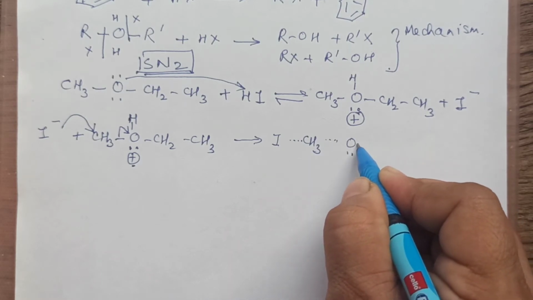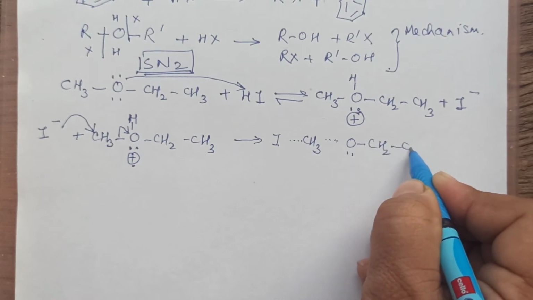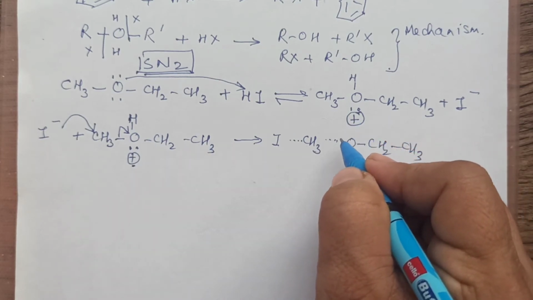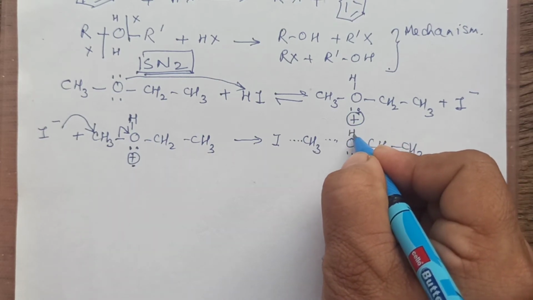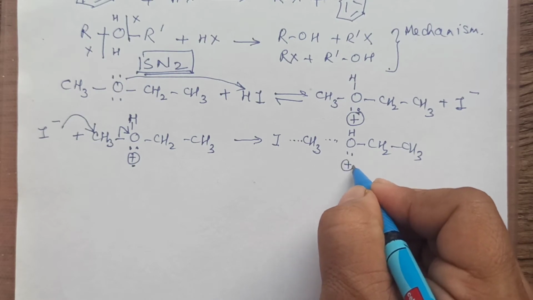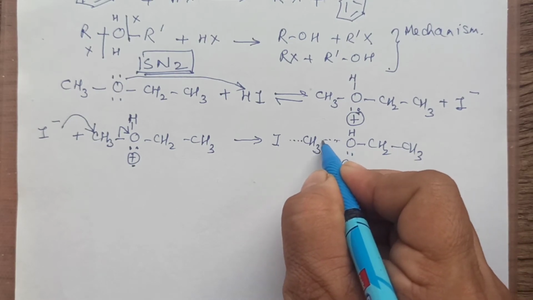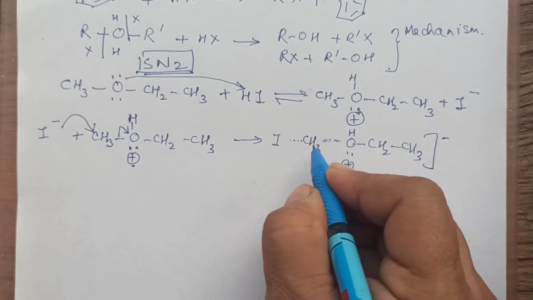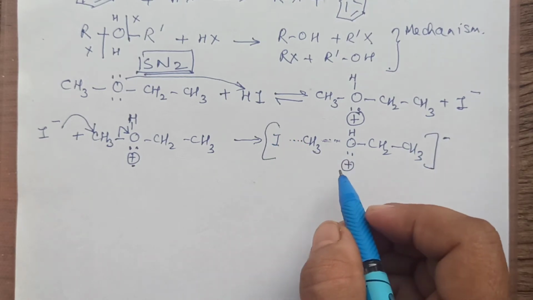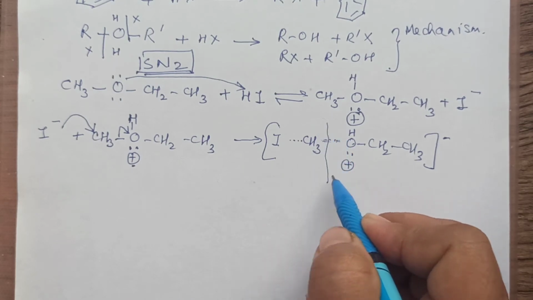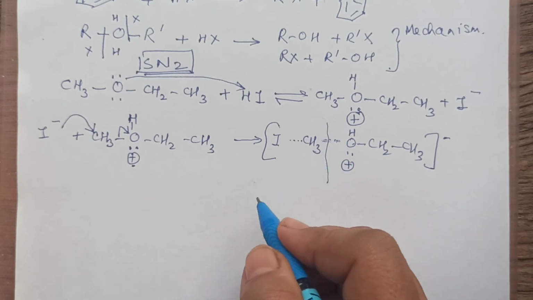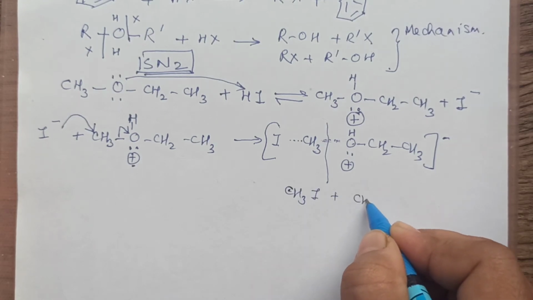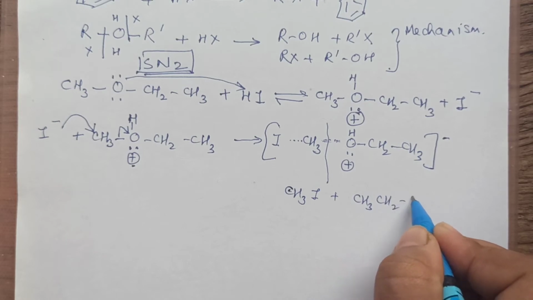Now 2 lone pairs are there here. This has gone here, so this lone pair will now try to be on this O. Now it is first having this H plus, so this bond is about to break and has started to move this side. Now this bond will break from here. You will get alcohol, and on this side you will have the 1-carbon alkyl iodide. That means you will have this plus the 2-carbon alcohol.